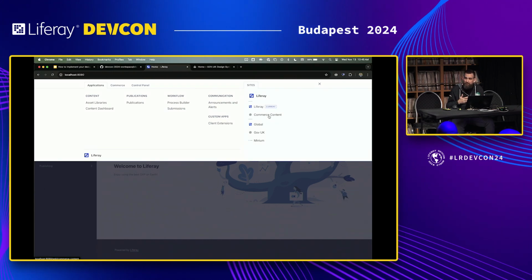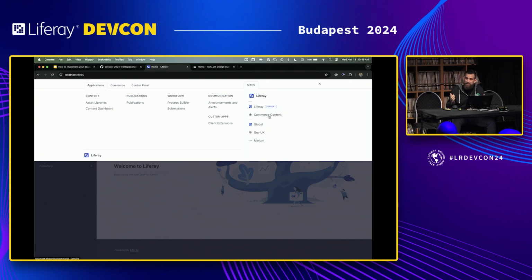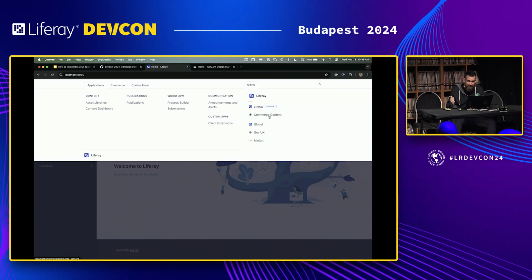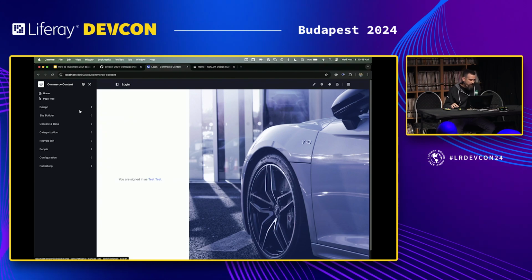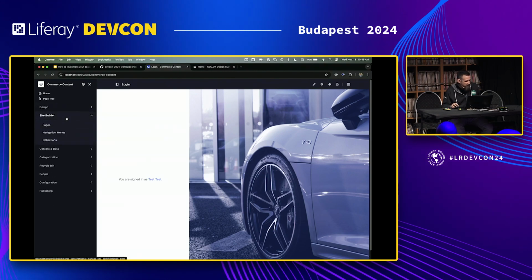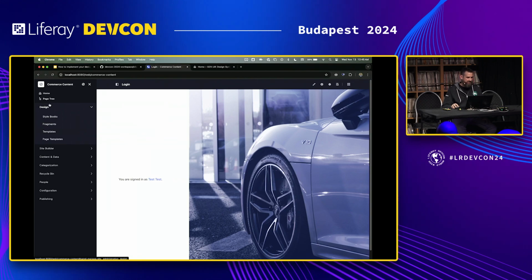We get to build out our commerce pages using page fragments, and I could not be more excited about the work they're doing there. It's really, really cool. But as an example, this is basically copying over Minium and showing a bit of what that looks like. So in this case,